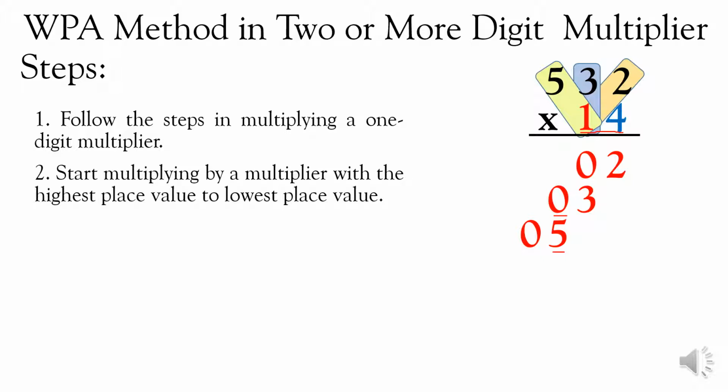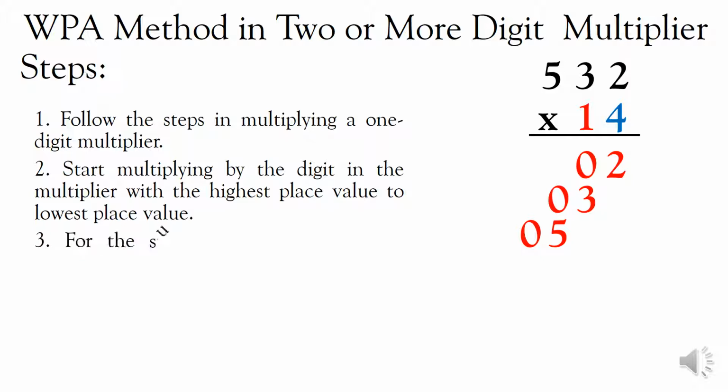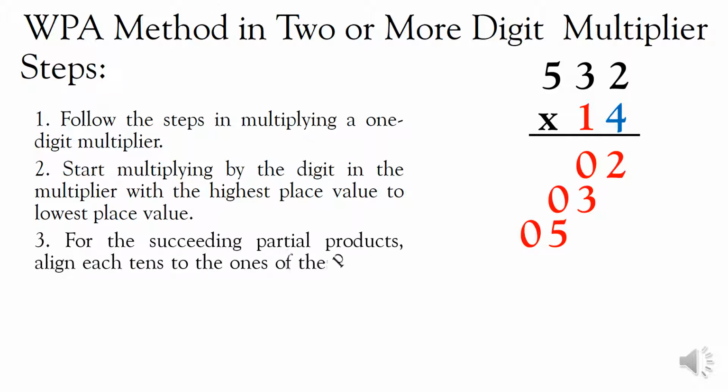We are through with the digit 1. Thus, we have our first partial product. Next digit in the multiplier to be multiplied will be 4, where we will be having the second partial product. In this case, we will follow the third step, which states that